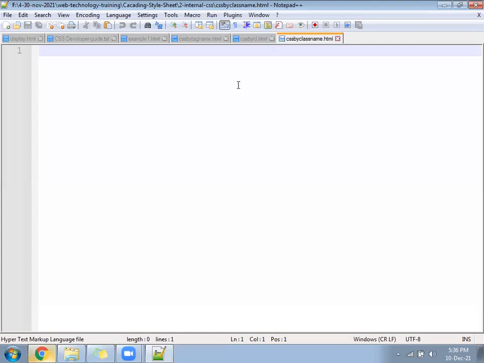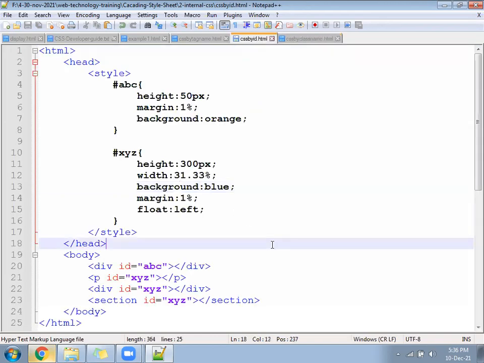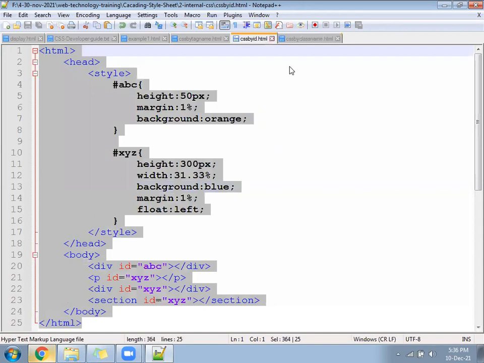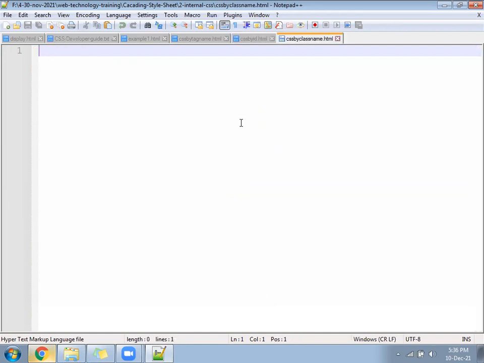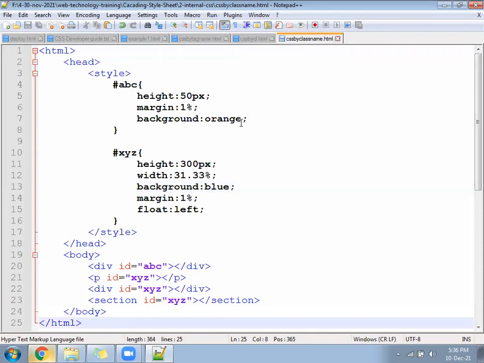Okay, so who created CSS by class name.html? You can take a copy of the previous file. CSS by ID you have created. Copy that and paste here.